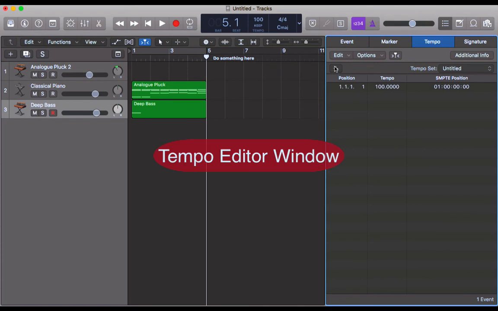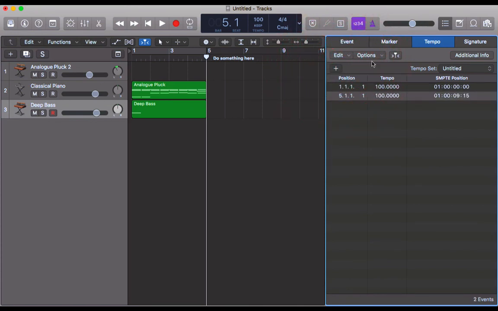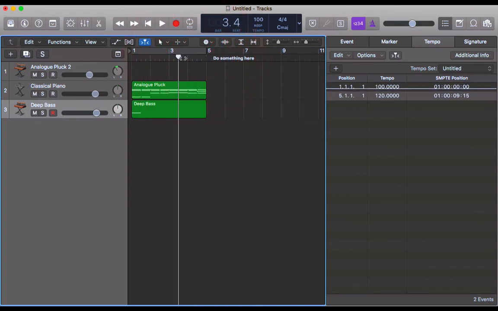Tempo, if you wanted to add in a tempo change at bar 5 as well, you could click the plus button again on this tempo heading, and let's just change this to 120. Now when we play through this,